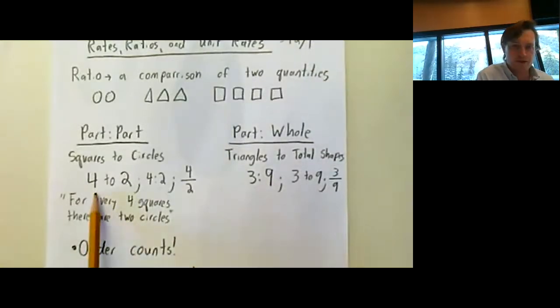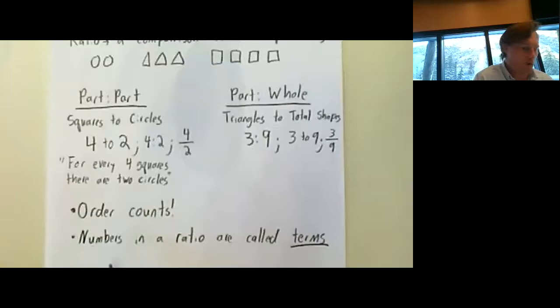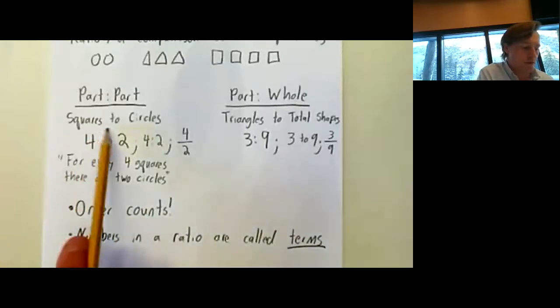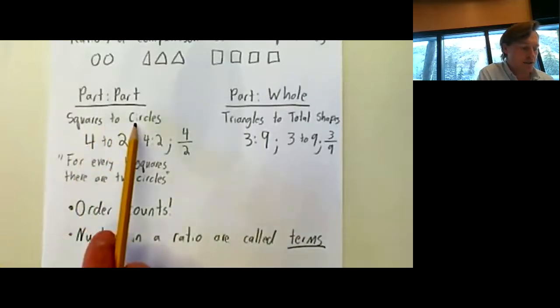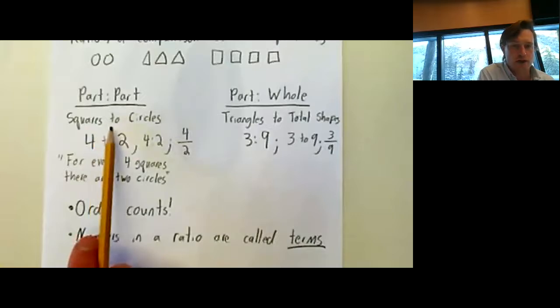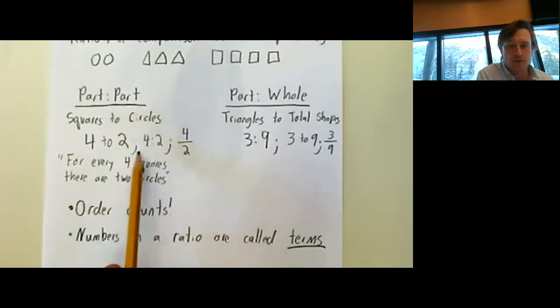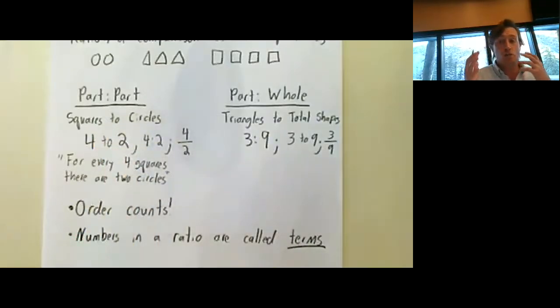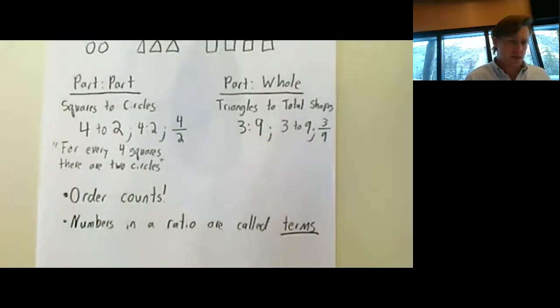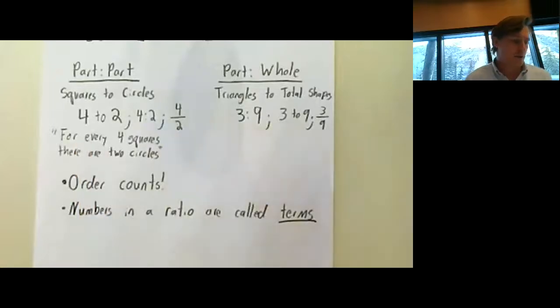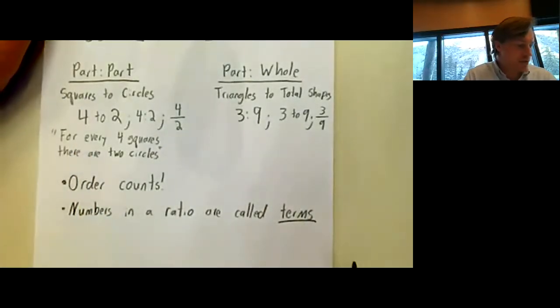So the terms of this first ratio here are 4 and 2. The terms in this ratio are 3 to 9. And I do say that order counts, right? It says squares to circles, not circles to squares. So if you write it as that ratio, that's going to differentiate what you're talking about. So make sure you're following the order that is given there. Yeah, and again, the numbers are called terms. Cool. That is our little spiel on